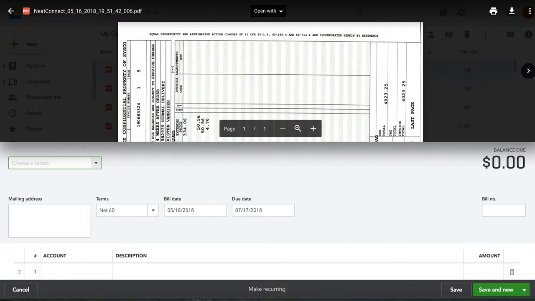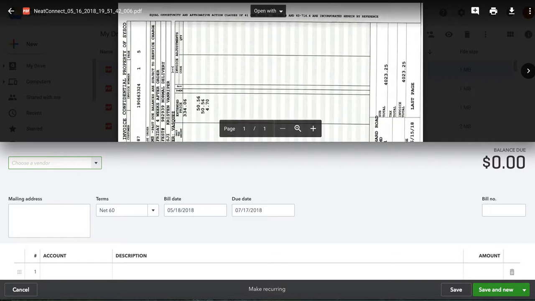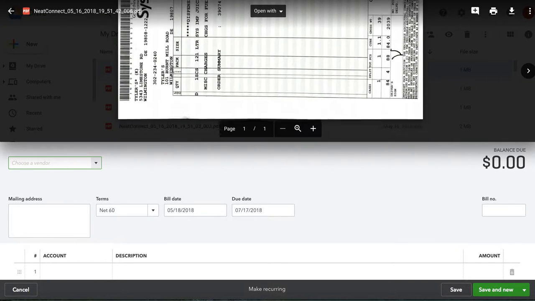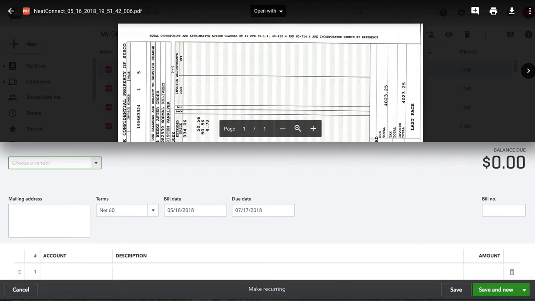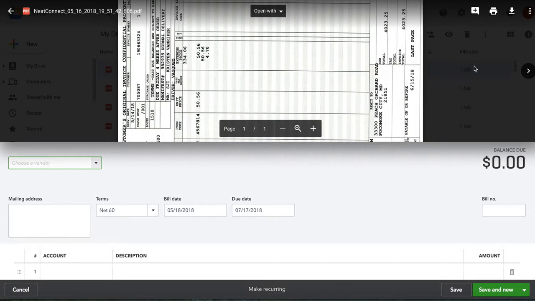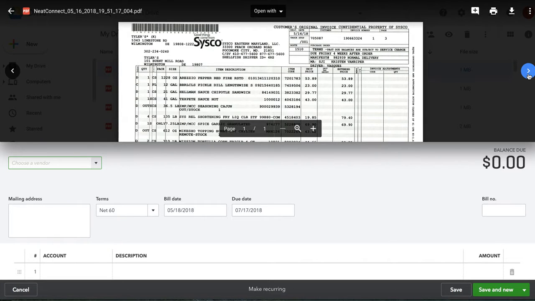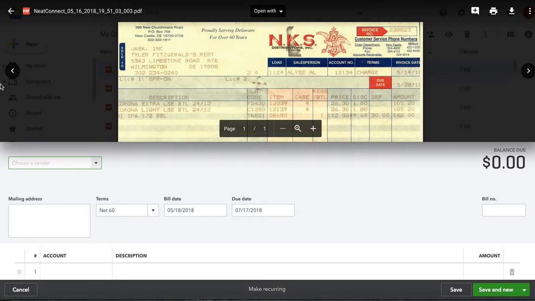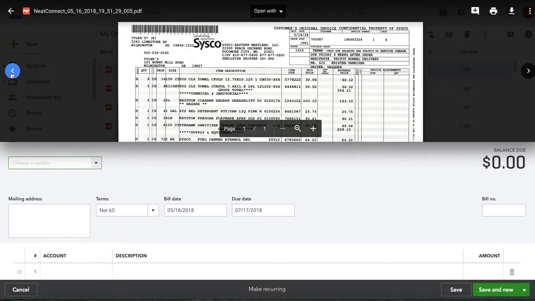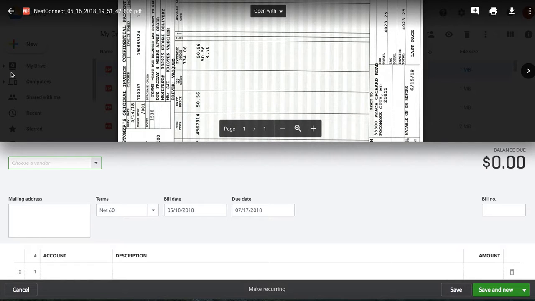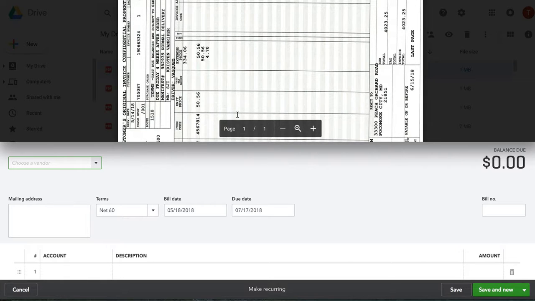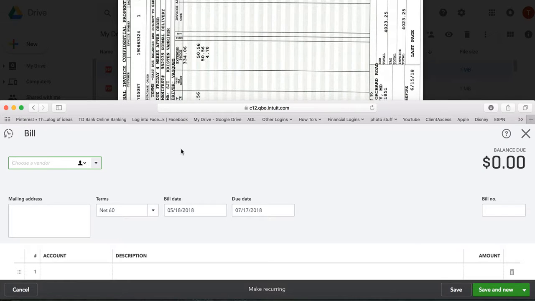Sometimes a file only has one scan in it, and the next scans will show continuous pages. Sometimes the scans will have multiple files. It's up to you to make sure you see how many pages are there and make sure that you don't miss any. So our first one,